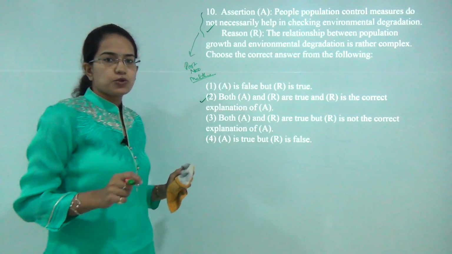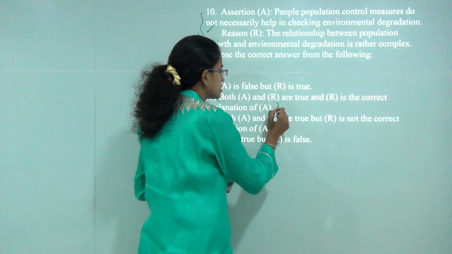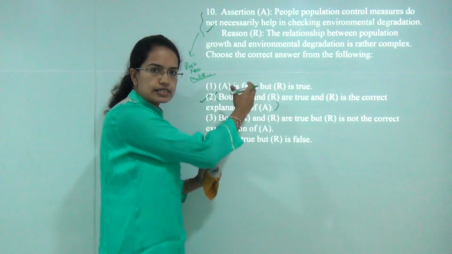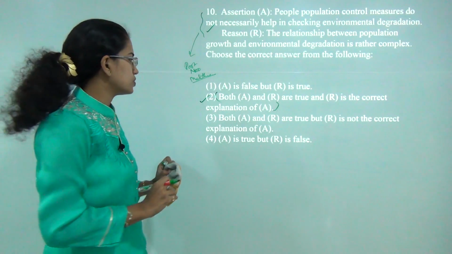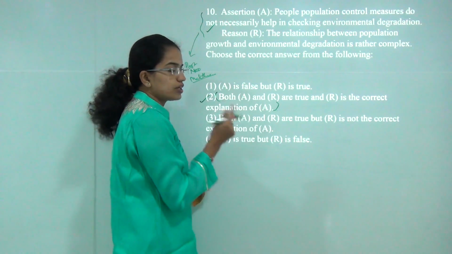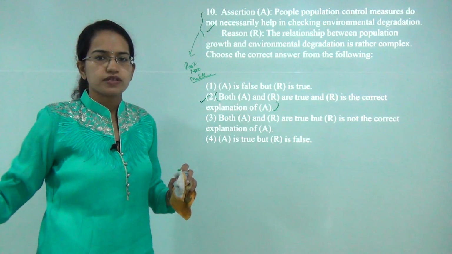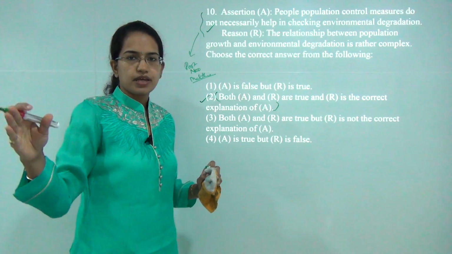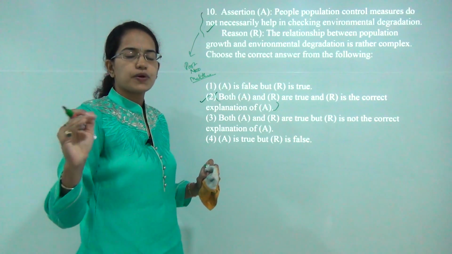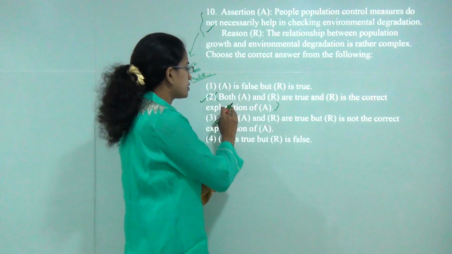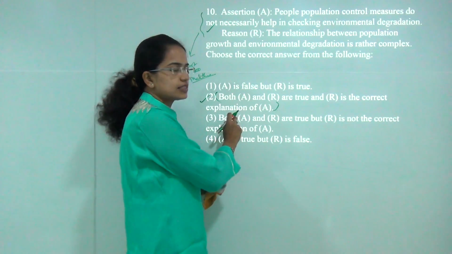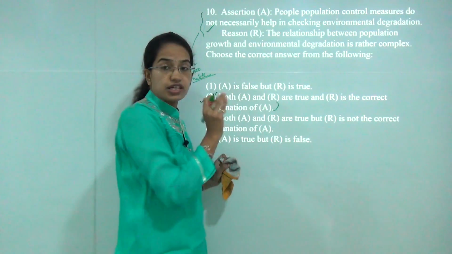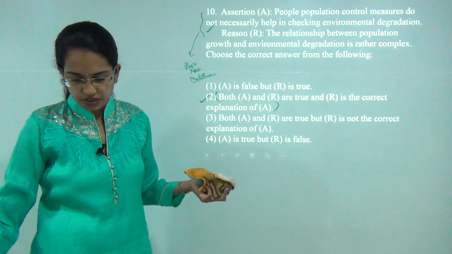But the important thing to note in this question is that usually this choice is not at place 2. So what they have done is they have jumbled up the choices that are usually asked in assertion reason questions. So you need to be very careful. Even if you are correct and you are practicing a lot of assertion reason questions, you will by mistake say the answer would be both A and R are true and R is the correct explanation for A, but you would miss out at which number this is located. So they have just jumbled up the position. You need to read the question very carefully before you answer these kinds of questions.